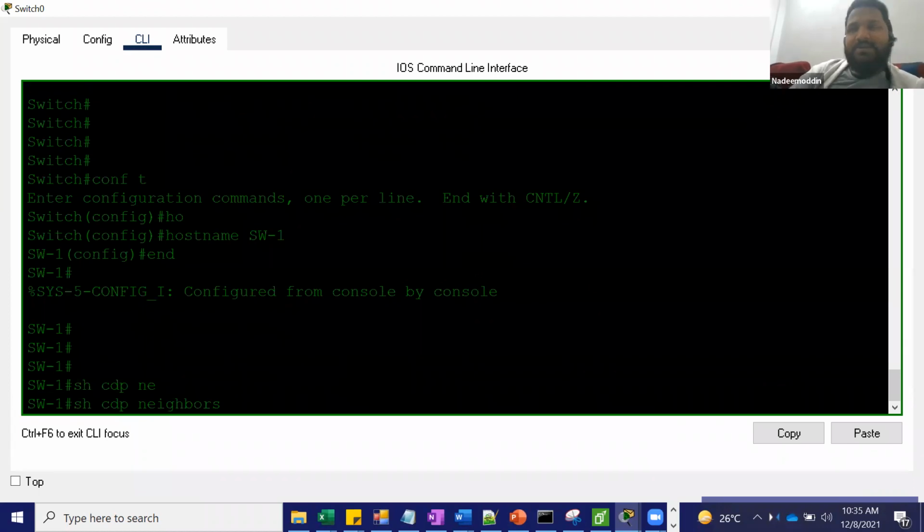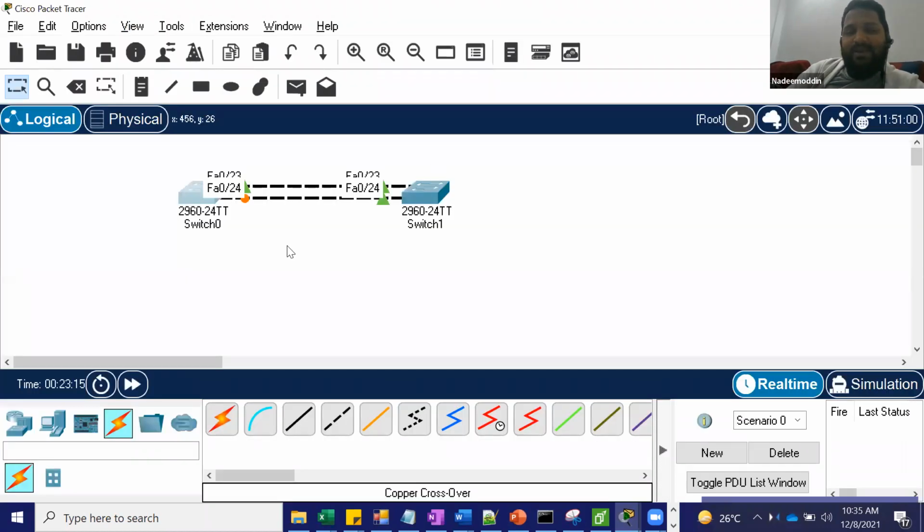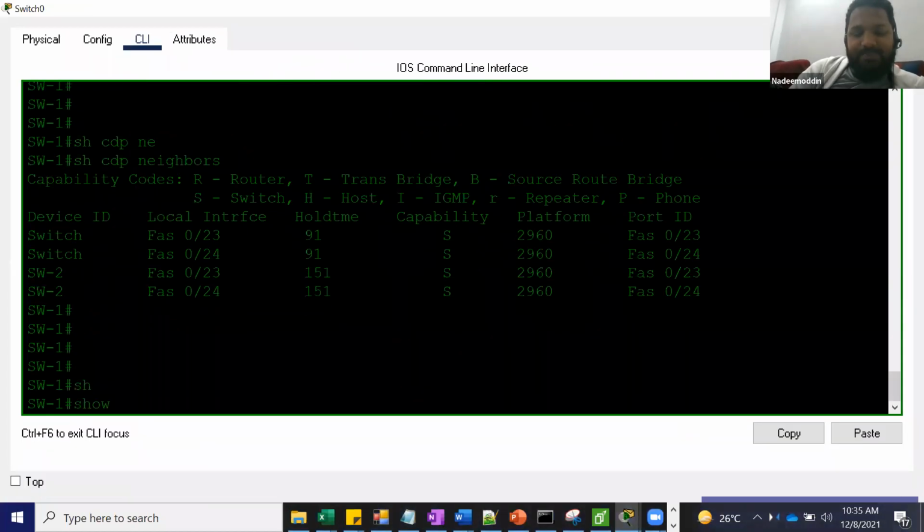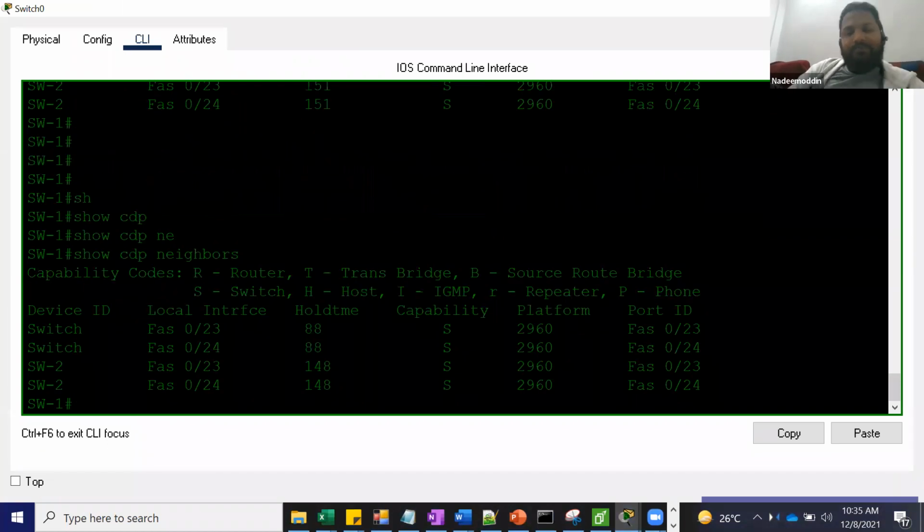See, a switch does not have any eyes to see who is there. By using commands only, we need to check. Just think about this one. Here, there is a packet tracer, and we are able to view that the switch 0 has one switch connected here. But in real time, you will not come to know that, because one switch will be on one floor, another switch on another floor. So how can you see who your neighbor is? You can log into the switch and check show CDP neighbor.